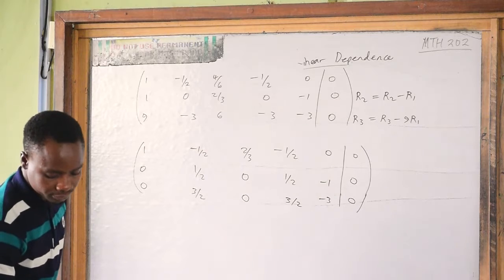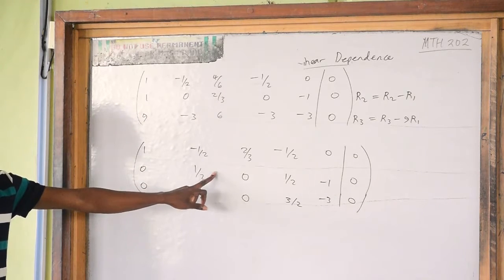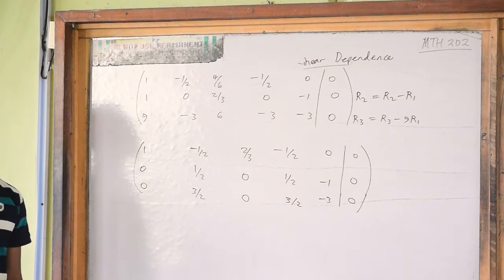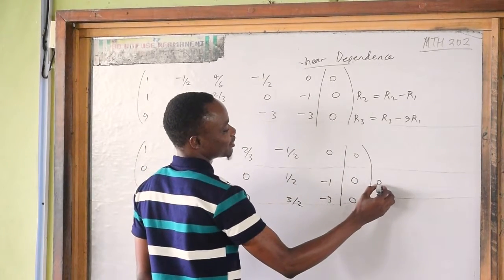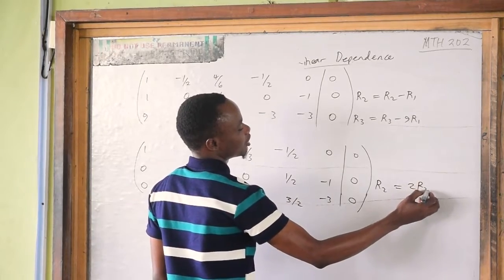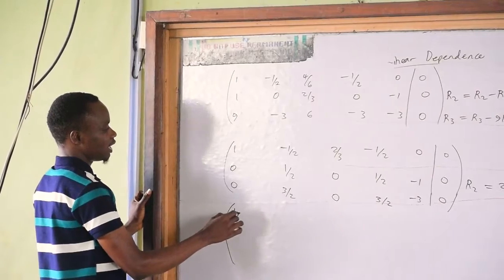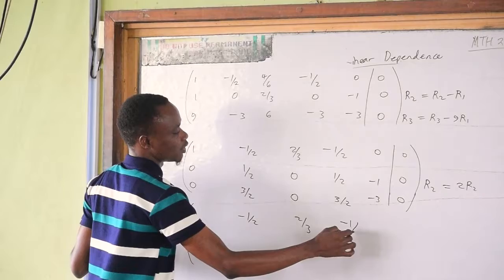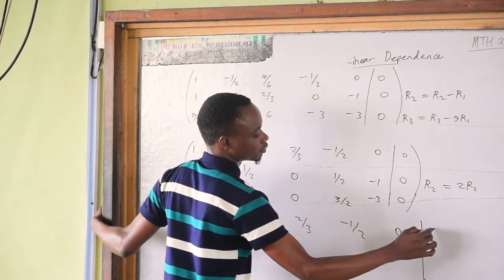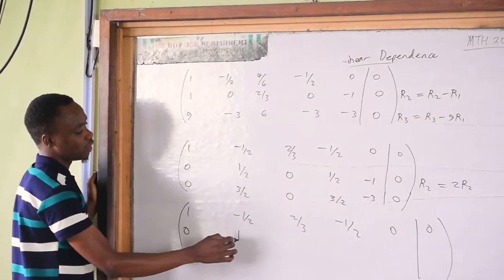What's the next thing now? I have the first element in the second row is 1 over 2, right? To make it 1, what do you think I should do? Divide by 1 over 2 or multiply by 2. Alright, so this is going to be R2. 1 minus 1 over 2. 2 over 6 minus 1 over 2. 0. So 0, 1, 0,